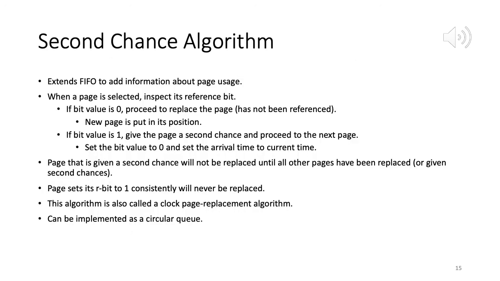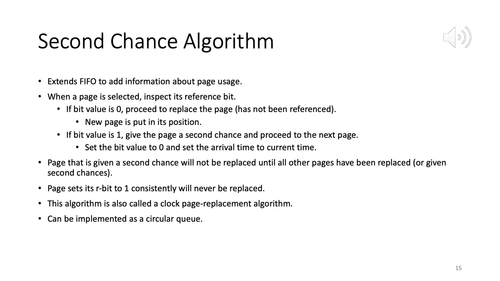Now, last one before we stop, the second chance algorithm. Previously we assumed 8 bits per page, and that cost can quickly go up because we can have a very large number of pages. For a 4 GB address space, we can have up to 2 raised to 20 pages, which is huge. So can we do something with a smaller number of bits? The second chance algorithm tries to go along that path.